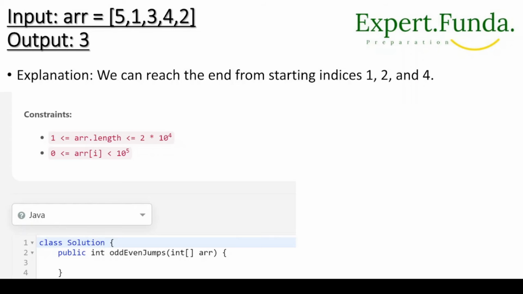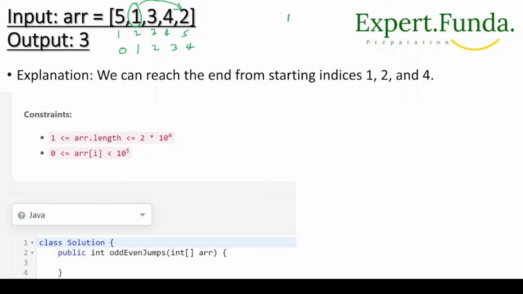Coming back to this, let's understand the third example. Here we have given 1, 2, 3, 4, 5, but indices are 0, 1, 2, 3, 4. So we can start from index 1, that is this one. From here we have to find the smallest one, and we can go to here.